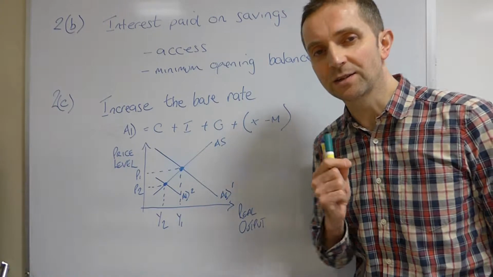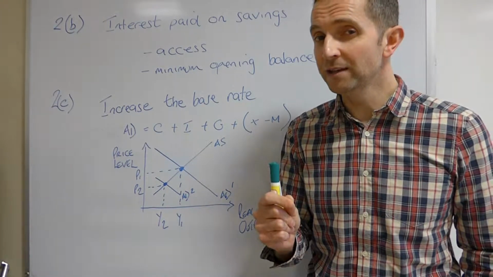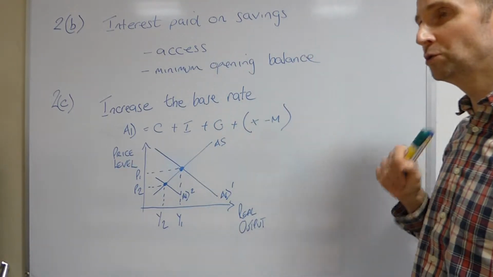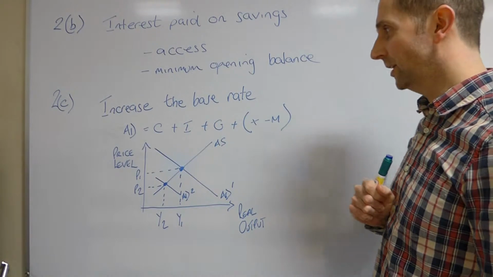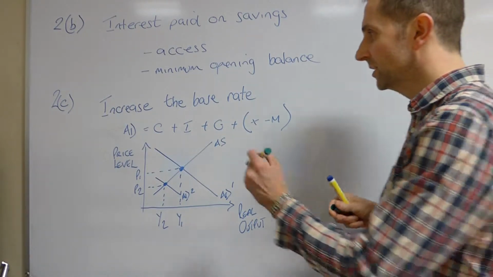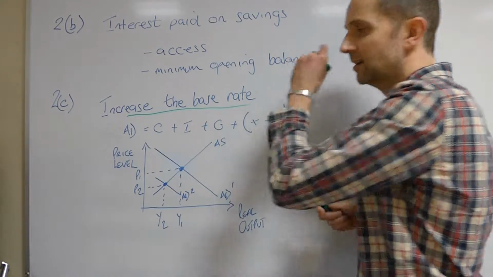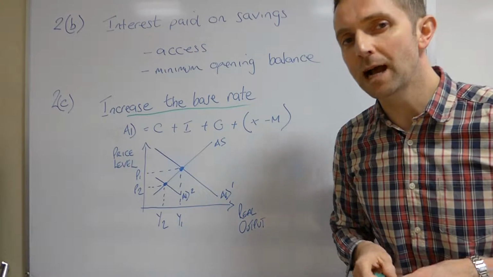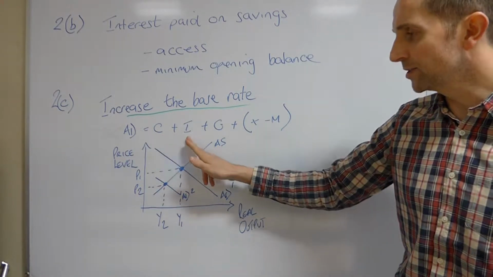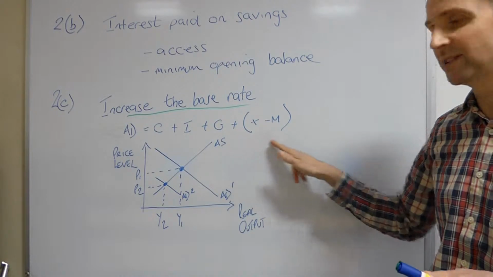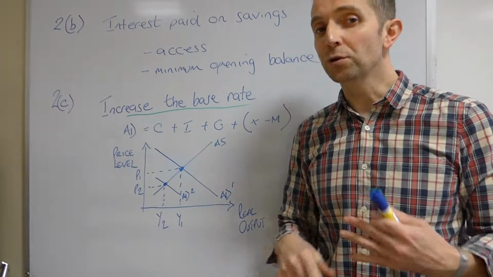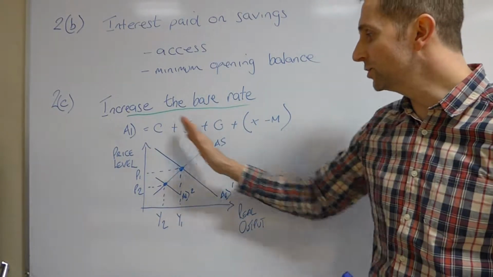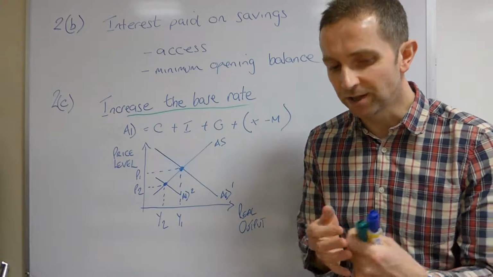Now, there were some tremendous answers on this, and most of the tremendous answers featured a diagram. But let's just consider what the Bank of England should do. What would be the appropriate course of action? Well, the appropriate course of action, ladies and gentlemen, would be to increase the base rate. And if you recall your aggregate demand equation, consumption plus investment plus government expenditure plus net exports, if you in your answer went through and explained the impact of an increase in the base rate on each of these, that would be a really tremendous answer.